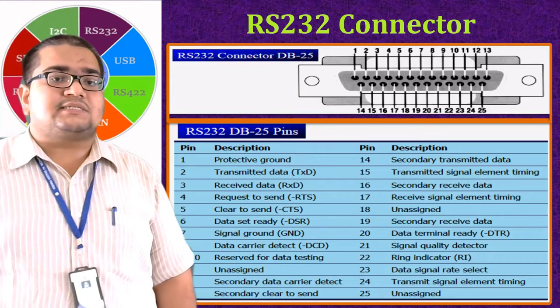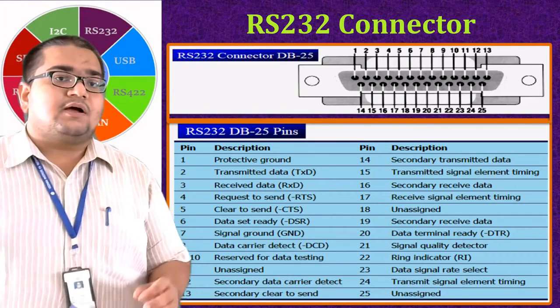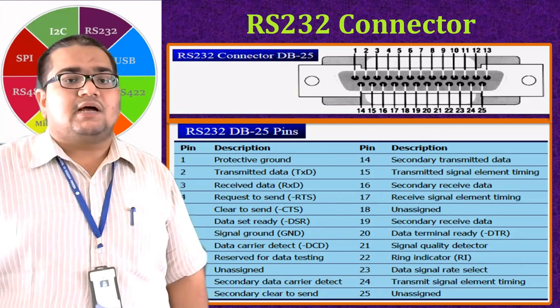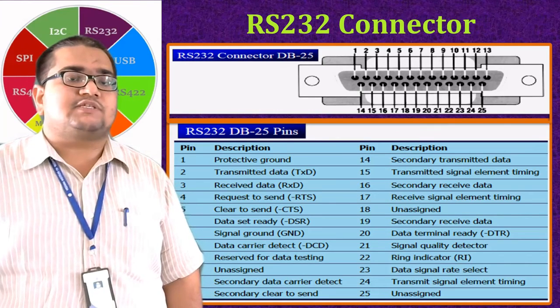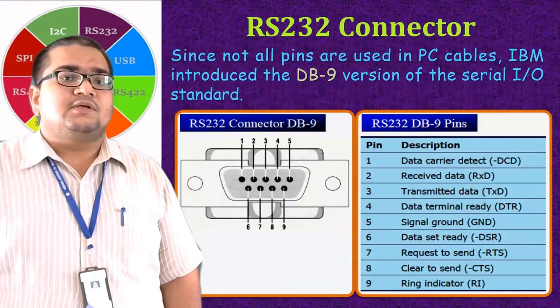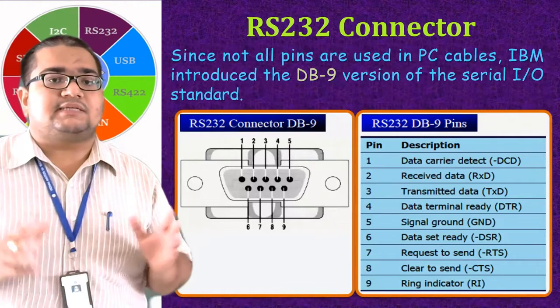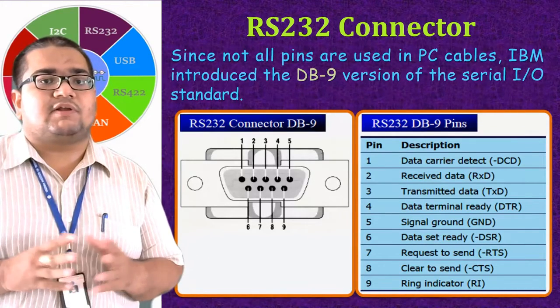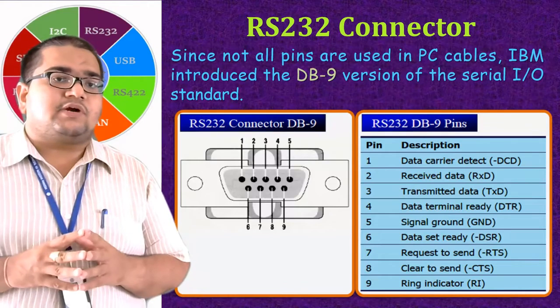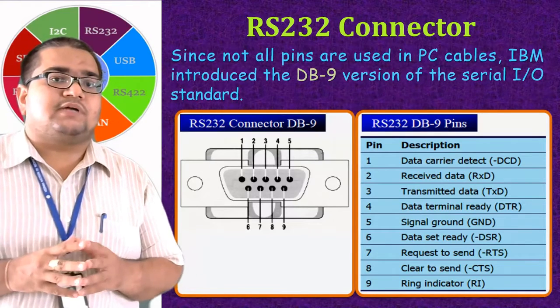About all these handshaking signals, we'll be elaborately discussing just after seeing the DB9 connections. The simplified version of this RS-232 connector you can see. Talking about the DB9 connector, you can see that these are the DB9 connectors available. And one more important thing you always have to remember is the pin numbering of the RS-232.